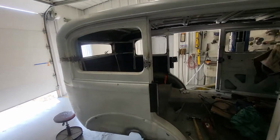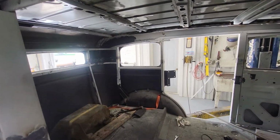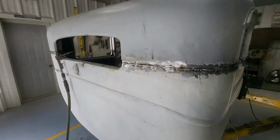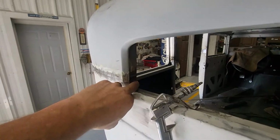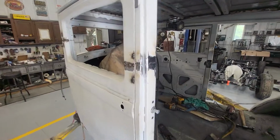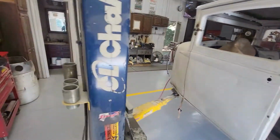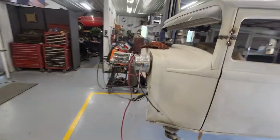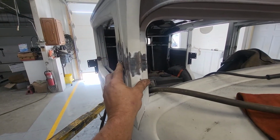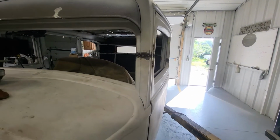Hey guys, so now I'm into welding everything up. I've got the back completely welded. I pulled the doors off. I've got these posts completely welded. And I've got this exterior side welded. Moving to this side, and then